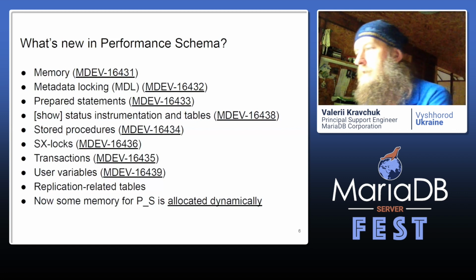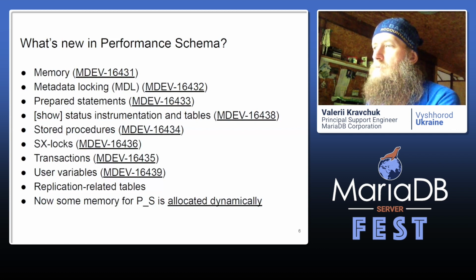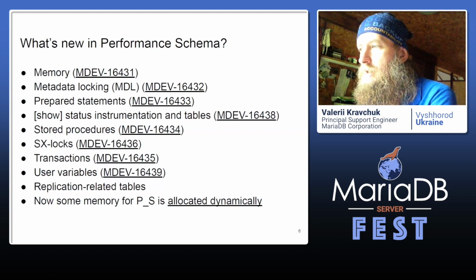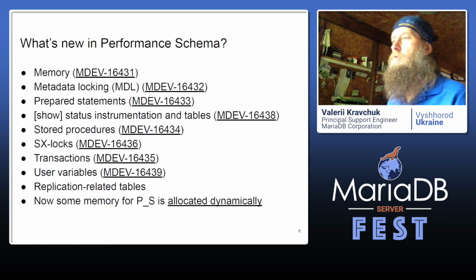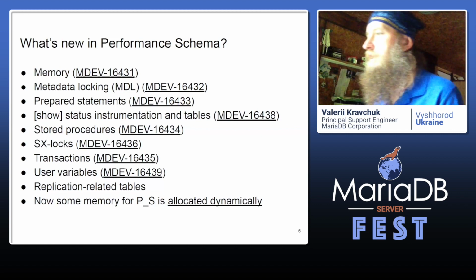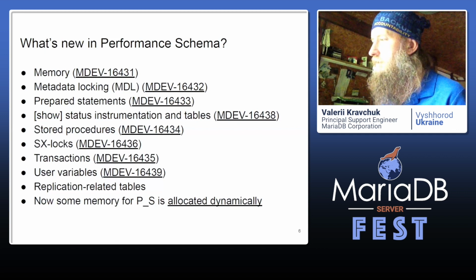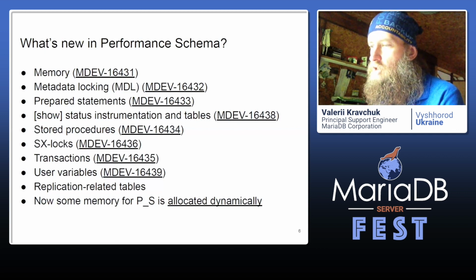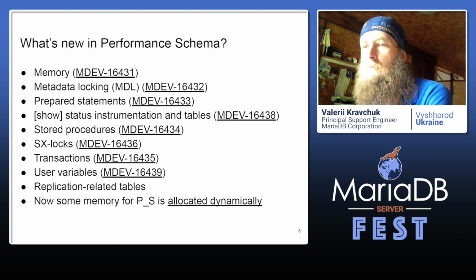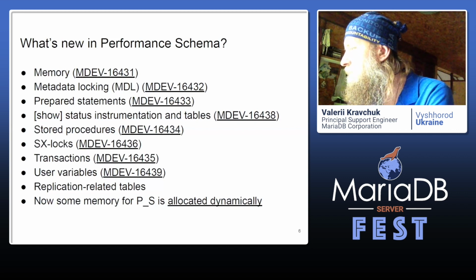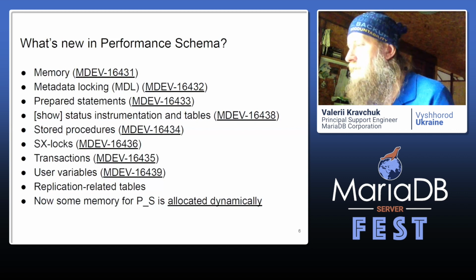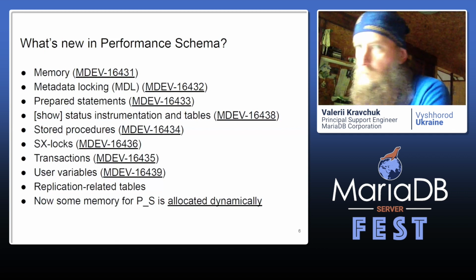A couple of things are not clearly documented, and among them we have several replication-related tables in the performance schema. It's work in progress. It's not yet completed for 10.5. And one important thing for all of you to note is, unlike previously, in 10.5 and in MySQL 5.7 and newer versions, we have one important change in the way performance schema works. Previously, it had allocated the memory at startup. So whenever memory grew at runtime, you could be sure that performance schema is not a part of this leak, or supposed leak, or whatever it is.